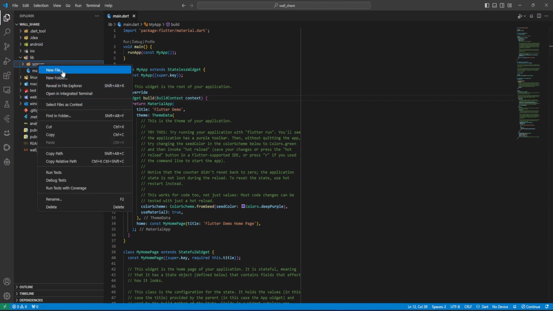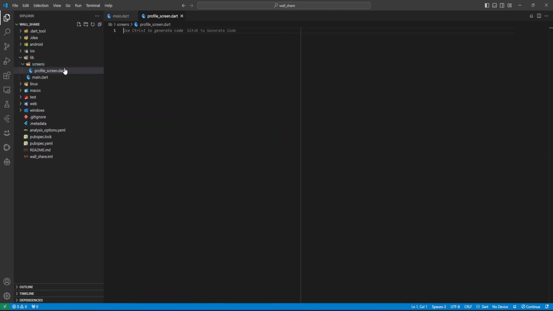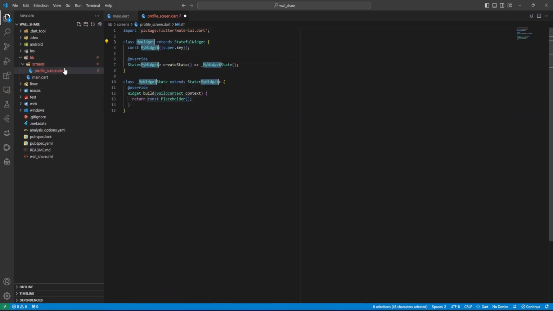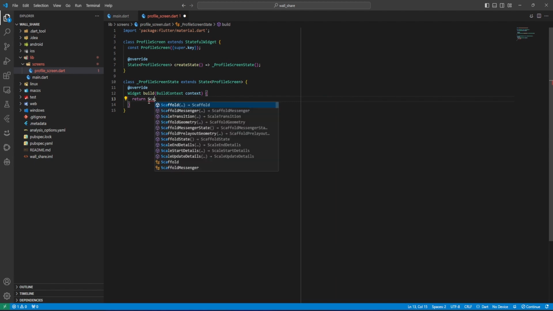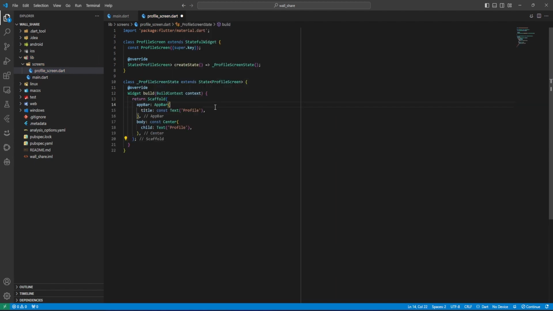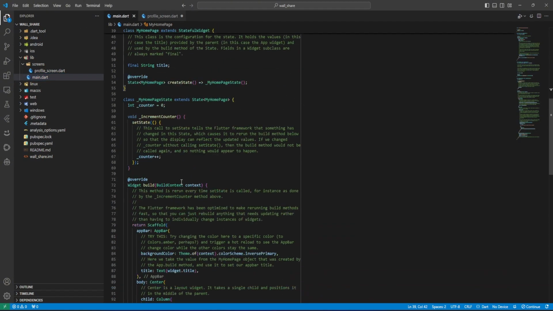And then let's also create a new file here, which is going to be profile_screen.dart. Okay, great. Now let's create a stateful widget. This is going to be a profile screen. All right, so here let's just have a scaffold, and then we're going to create it like that. And then we need to test this, so we have to come here in the main.dart and then remove all of these,